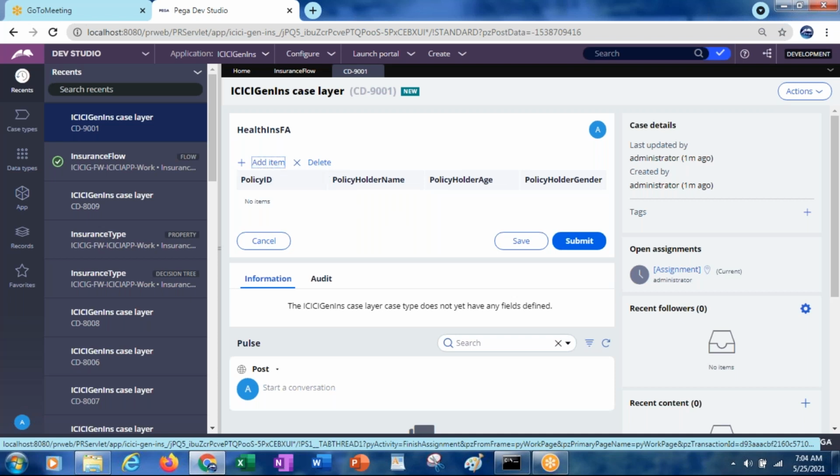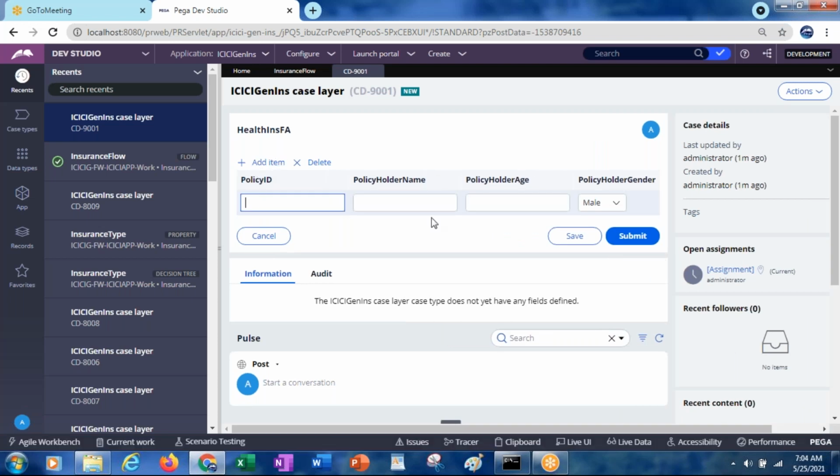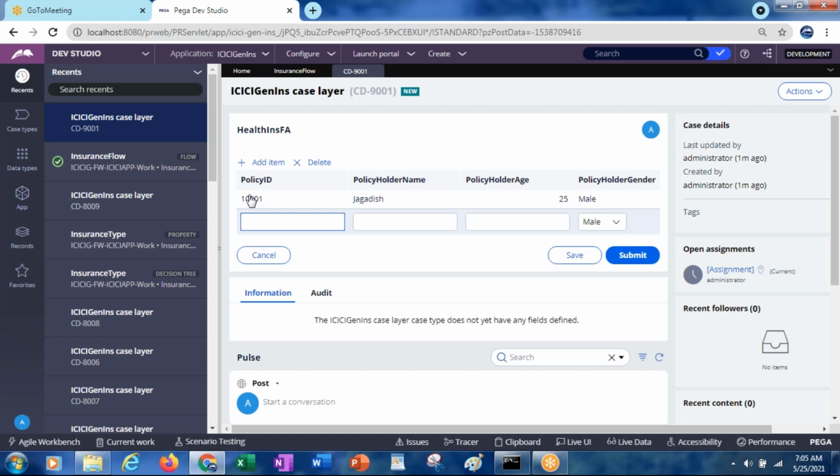So on click of add item, now it will add one blank row. Now in this you can enter the policy holder ID, like policy ID 1001. Okay, and the age. Okay, like this. And if you want to add one more record, then again select add item.